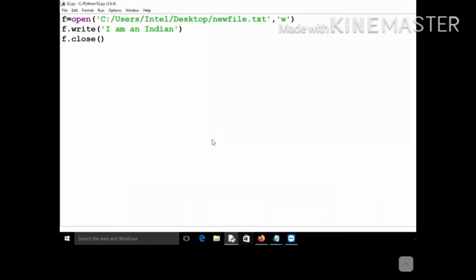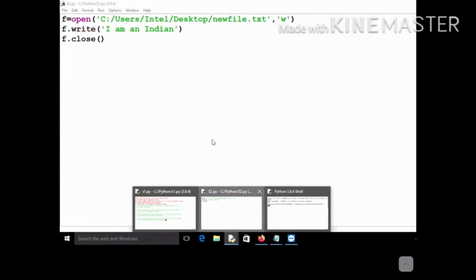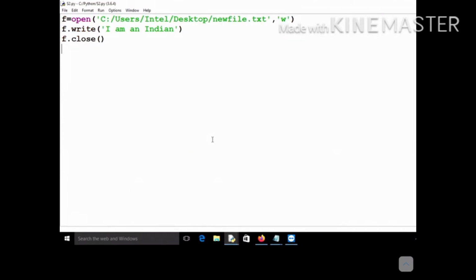There are many different things to note about this write mode and write function. One thing is that if some content is already there, listen very carefully: if you are using write mode and some content is already there in your file, then that content will be overwritten. It will be erased and the new content will be written.